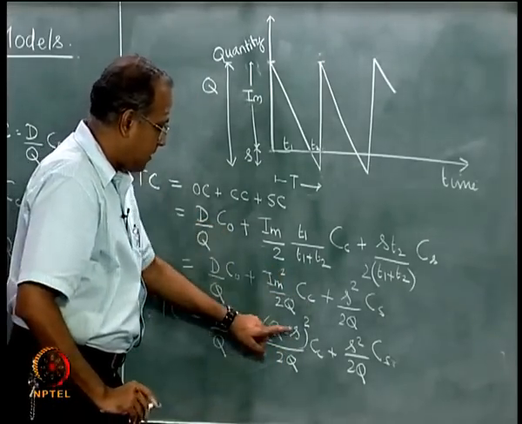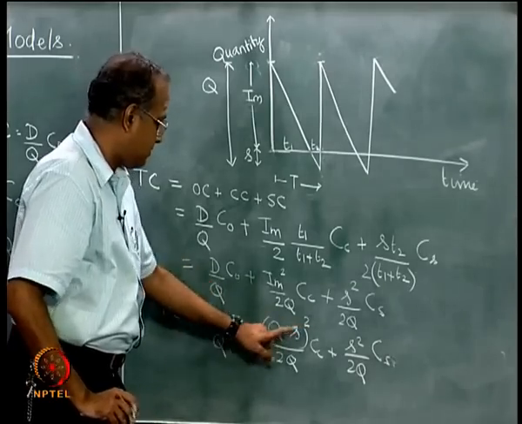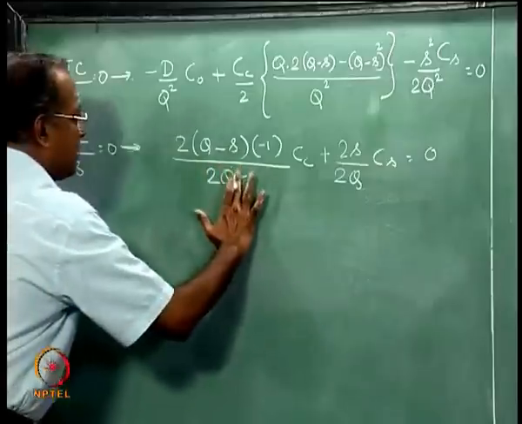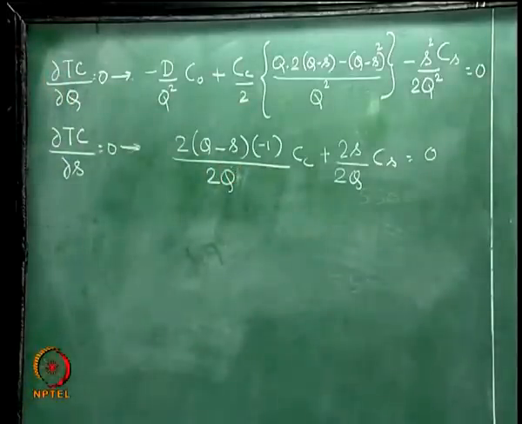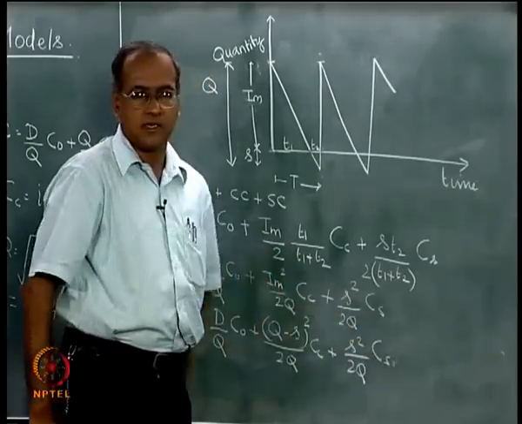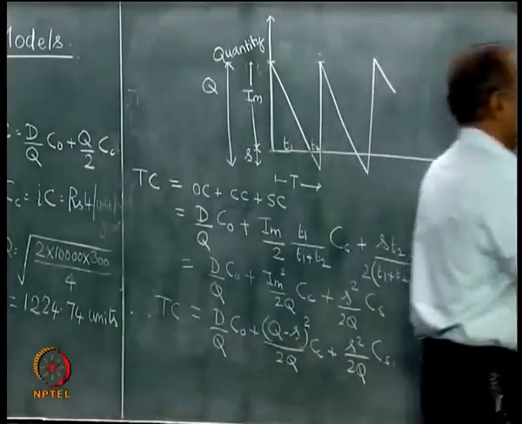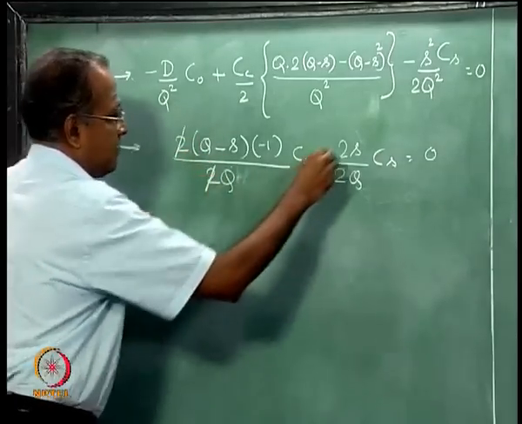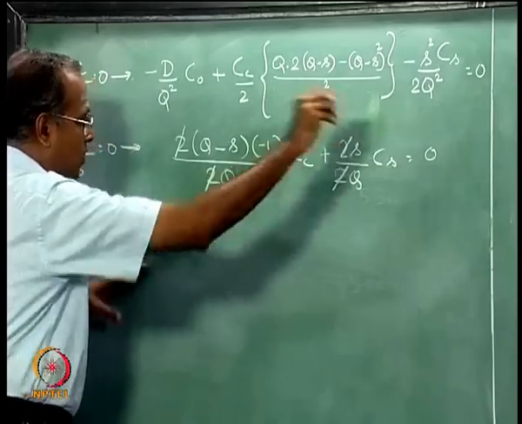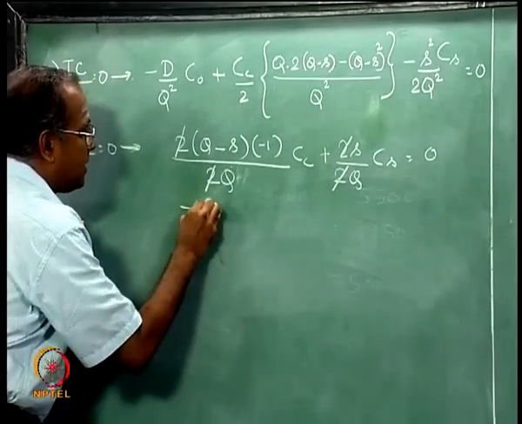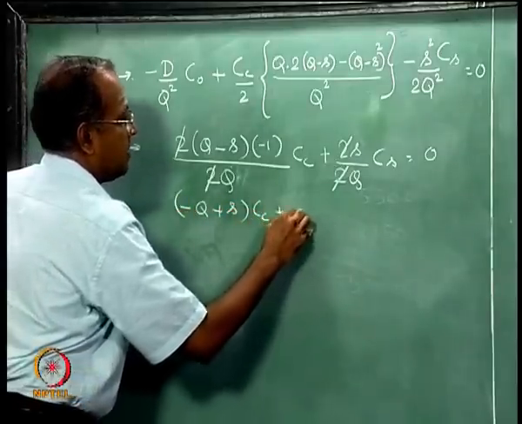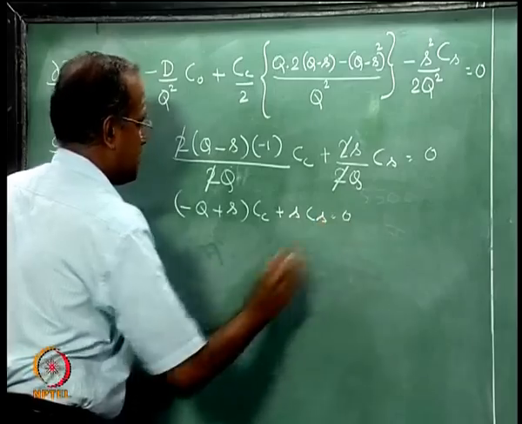So, 2 times q minus s into minus 1 divided by 2q into Cc, 2s by 2q into Cs equal to 0. So, this 2 and this 2 will get cancelled, this 2 and this 2 will get cancelled. When you take this q to the other side it goes. So, we have minus q plus s into Cc plus SCS equal to 0,